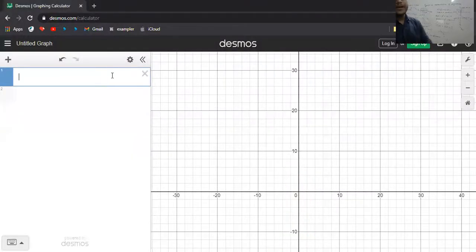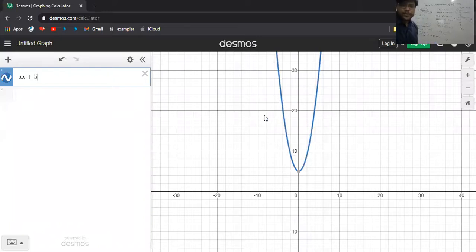It is possible. Suppose I write x into x, that is x square plus 5. See, now this is a special equation. We are getting a U shape, but it is not intersecting the x-axis. So how many solutions do we have? How many solutions are there? 0. Right. So I'll explain the entire topic again, don't worry. Just first try to understand whatever I'm explaining, then we'll cover it again. So here it is not cutting the axis at all.